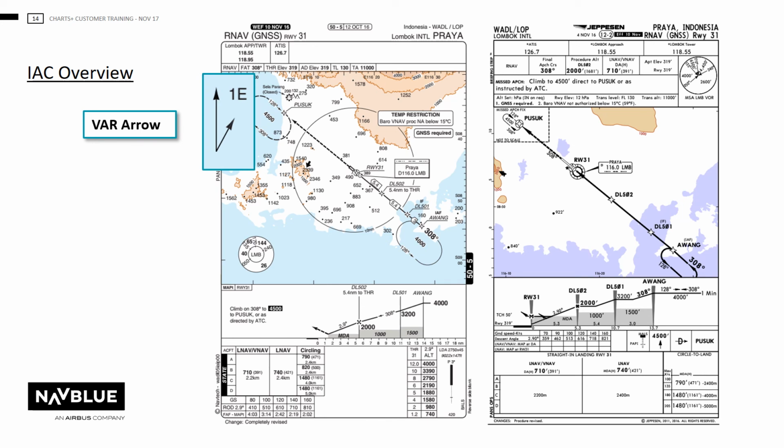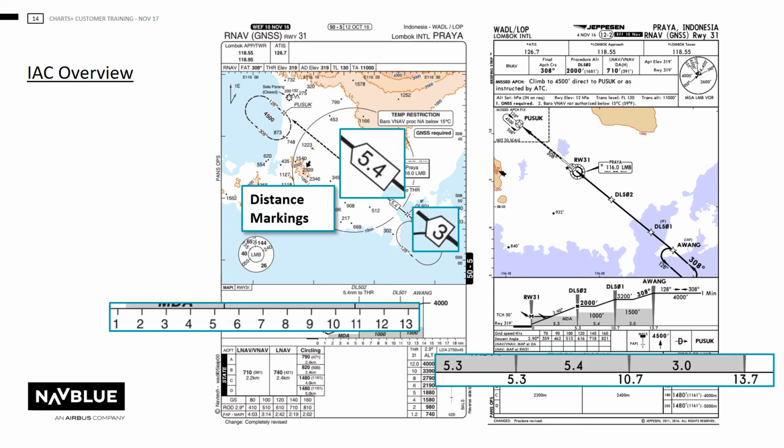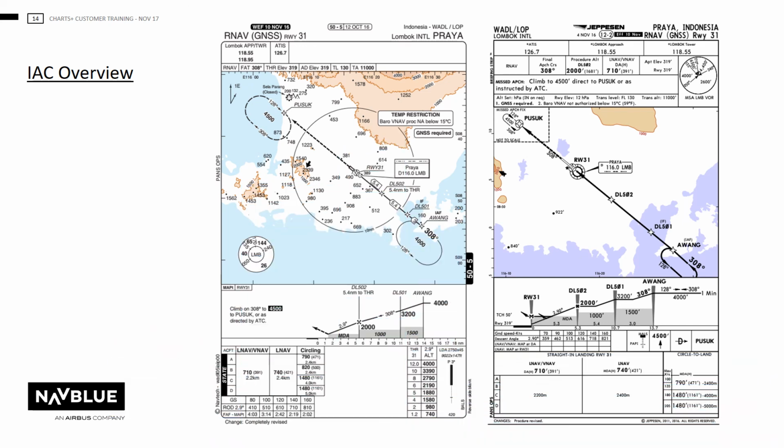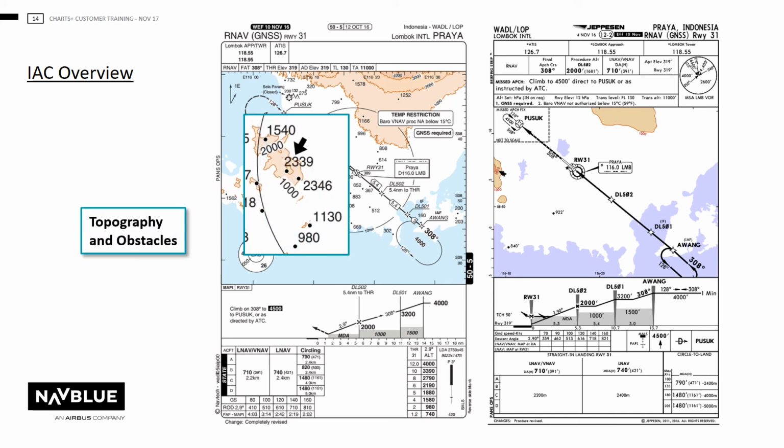The magnetic variation shown at the top left hand corner of the chart on all IACs. As previously mentioned, the distance markings in the profile are nautical miles from the threshold or displaced threshold. NavBlue can issue topography charts showing obstacles, spot heights,